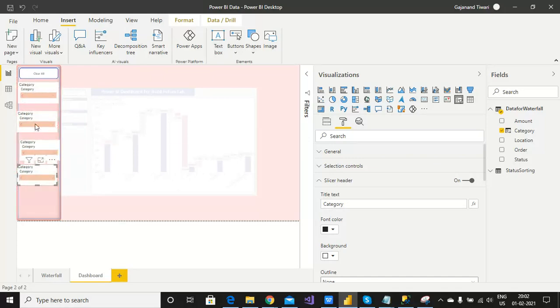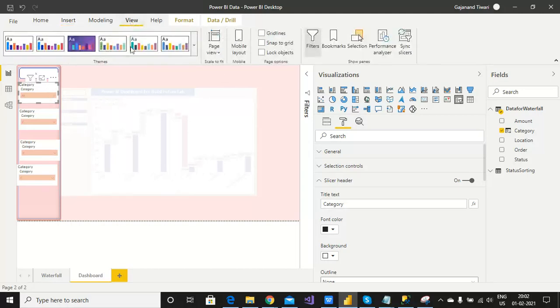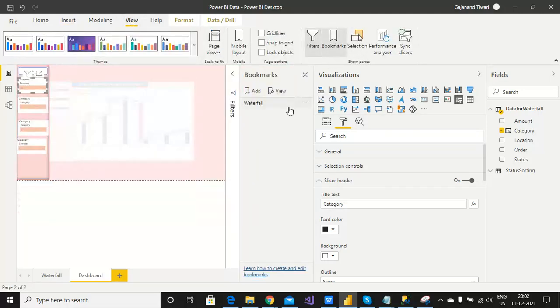And see this, we'll adjust it within a minute. Now I've selected everything. Let's clear it. And I wanted to add this in a bookmark. So go to the bookmark panel. There is an add option, add the dashboard and update it.